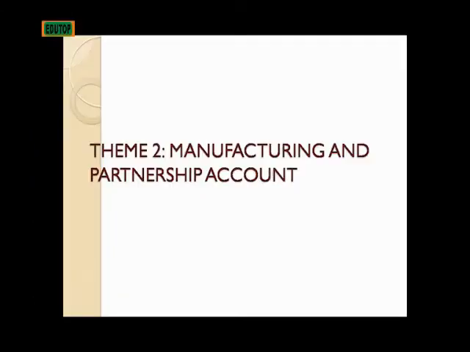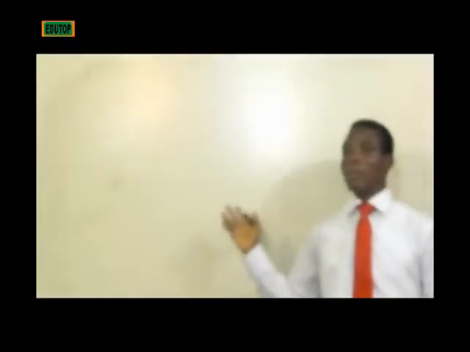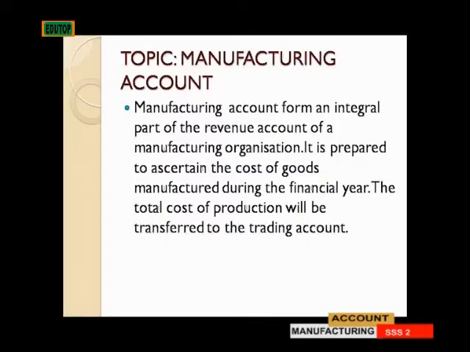Theme 2, we'll be talking about manufacturing and the partnership account. Under it, we have topic 1, which is the manufacturing account. Manufacturing account forms an integral part of the revenue account of the manufacturing organization. It is prepared to ascertain the cost of goods manufactured during the financial year. The total cost of production will be transferred to the trading account. What am I talking